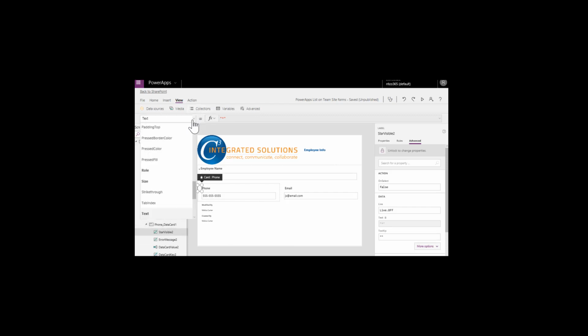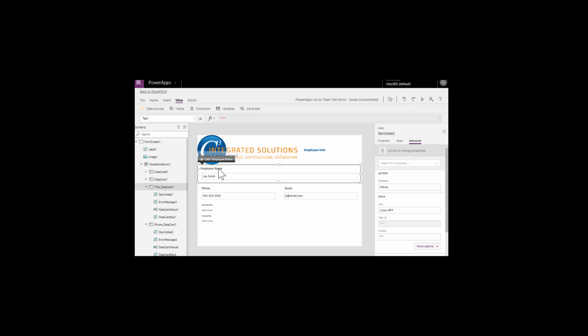They all have pieces to it, like padding, role, size, text, fill. They all have pieces that you can manipulate for each one of those things as well. What I normally do is I go through, and this is a pain in the butt the first time, because there's no way to just say select all and make them all the same thing. I normally go through each one of these